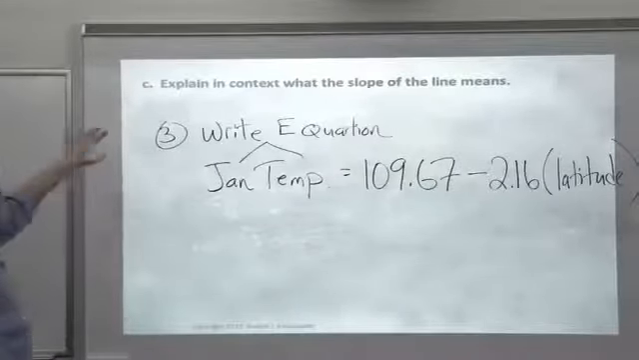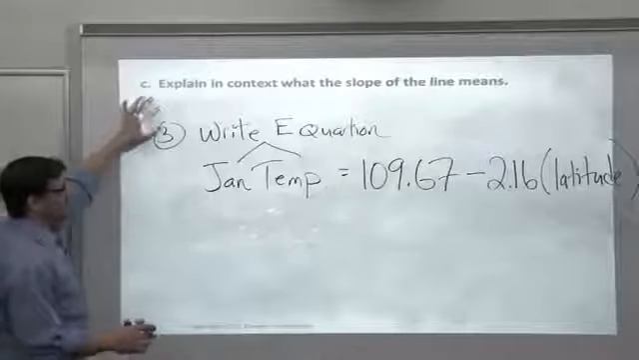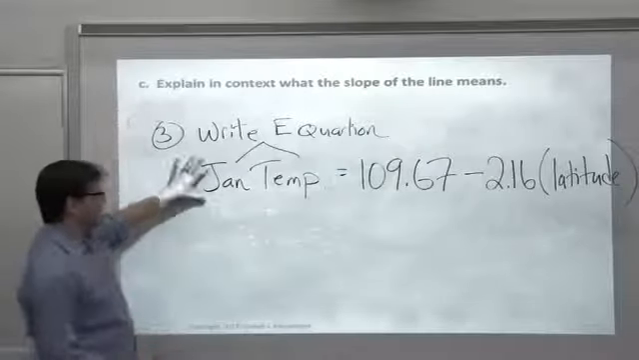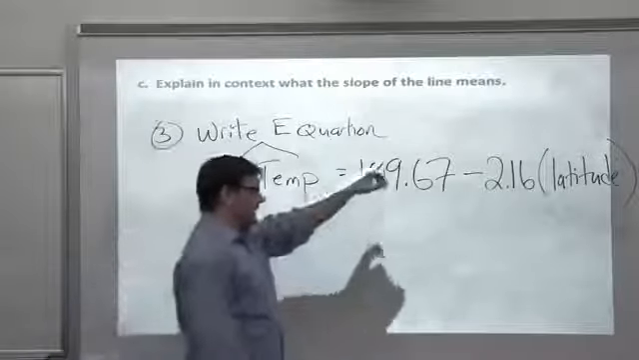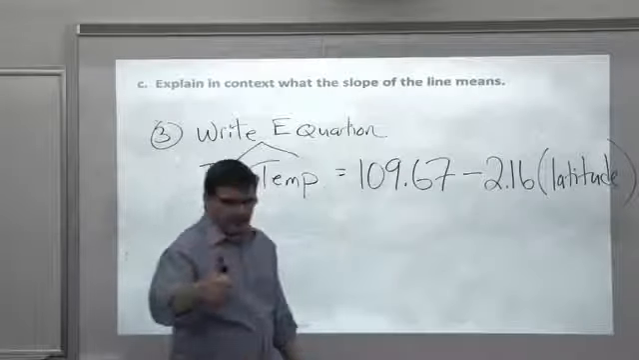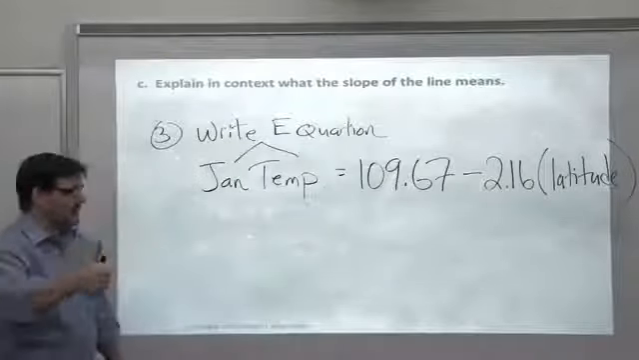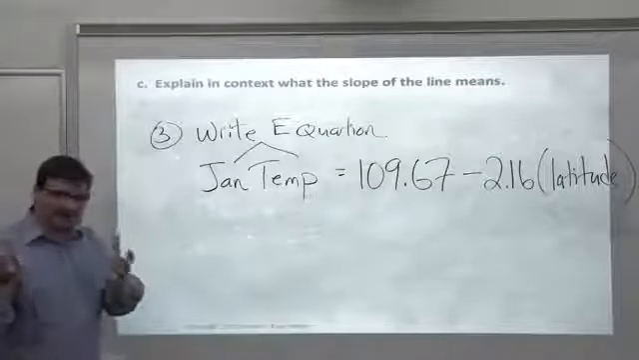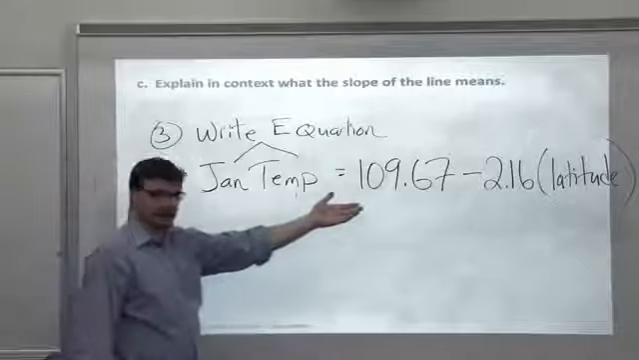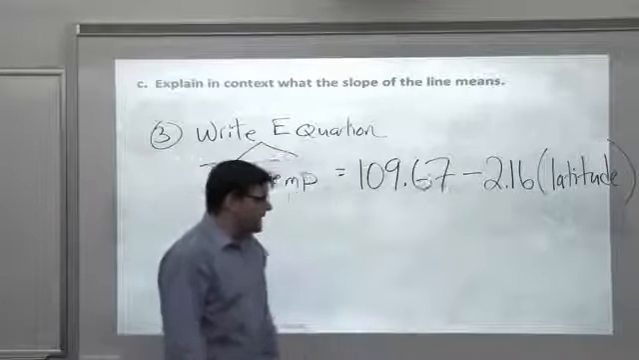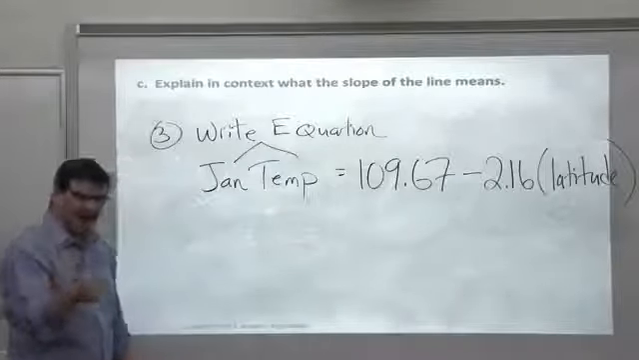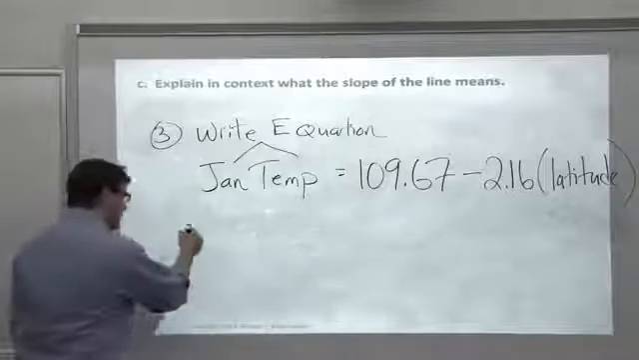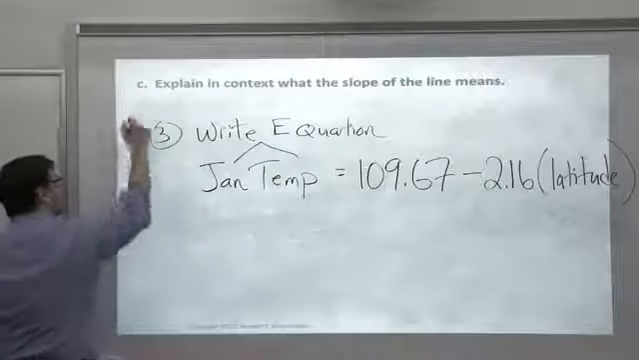Part C, explain in context what the slope of the line means. I'll just leave this up here so we can see it. As I move up 1 degree north, the model is saying that we expect temperature to decrease by 2.16 degrees. As x goes up by 1, what happens to y? How does y change? So, to interpret the slope, part C,